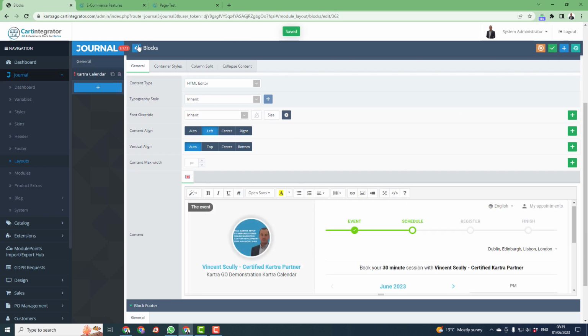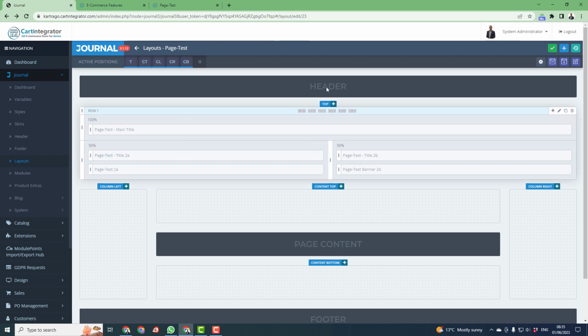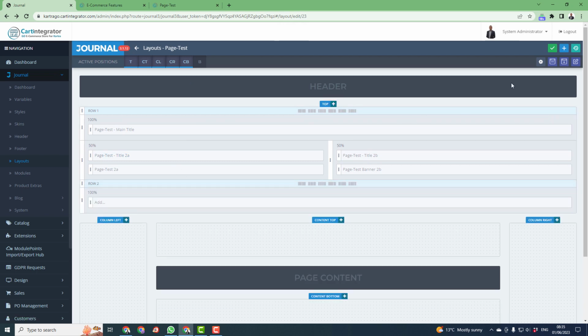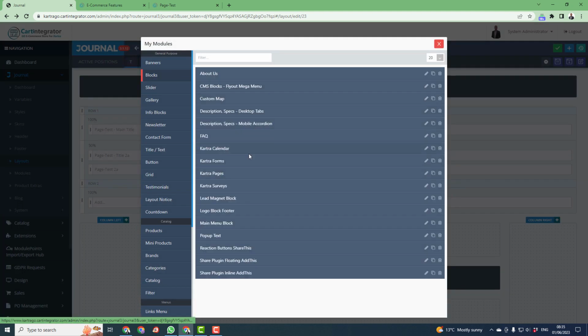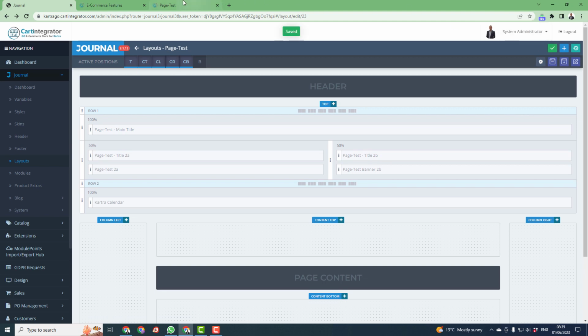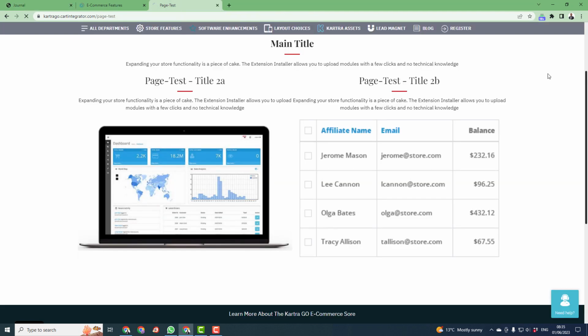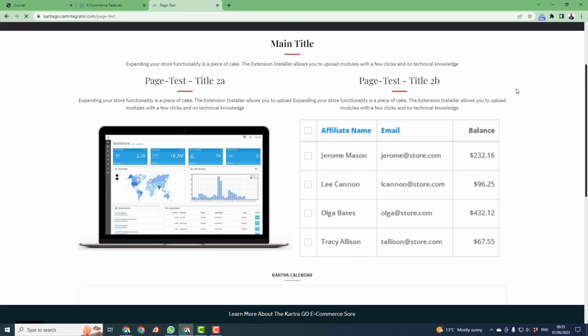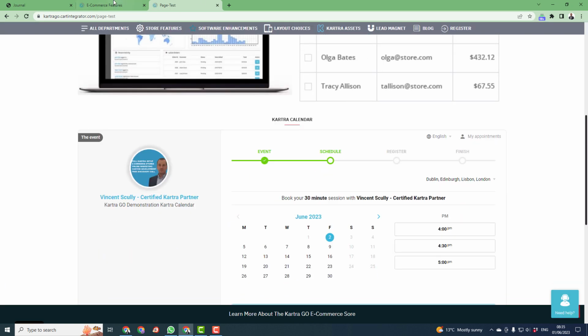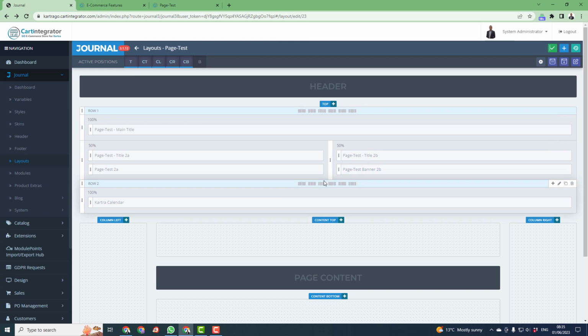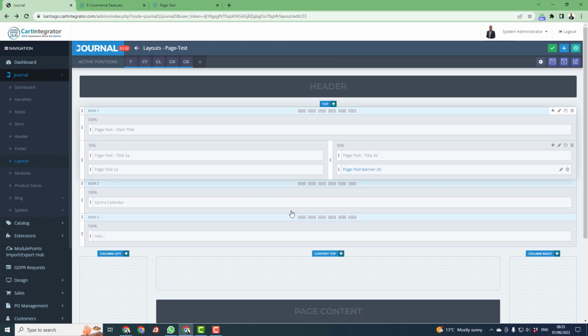So I'm going to go back out here, and I've done it again. I'm going to add that row, save that row, which will stop me losing the rows again. I'm going to go to a block, and in this case I'm going to add a Kartra calendar. I'm going to save that, and next I'm going to see my Kartra calendar will appear here on that page. Okay, we can go back to this. We can then add another row. So I'm adding a row. We can see that this row has now come here, and I want to then add